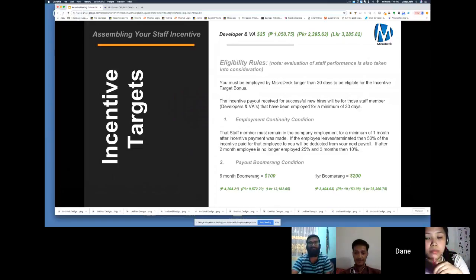You see the green currency figures, right? Your calculations will always be in your currency. On the books, it will be changed to your currency, but showing in Canadian dollars in bookkeeping. So for every developer and every VA that you hire, that you've evaluated and say, they're fantastic, I want to hire them, you get $25 or the equivalent in your currency. So if we hire 10 developers, it's 25 times 10 that you've added to your salary.